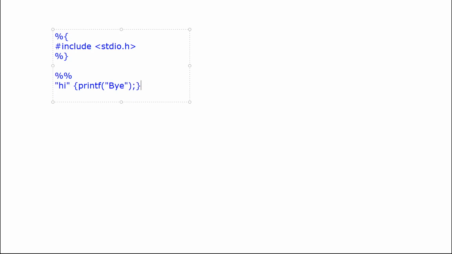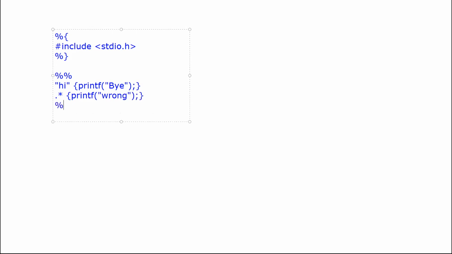The action will follow the syntax of the C language, and it should be inside curly braces, right? Otherwise, if you have typed any other thing, which means dot and star, which means anything other than hi, then I wish to printf wrong. This should be my action. This should be printed, right?